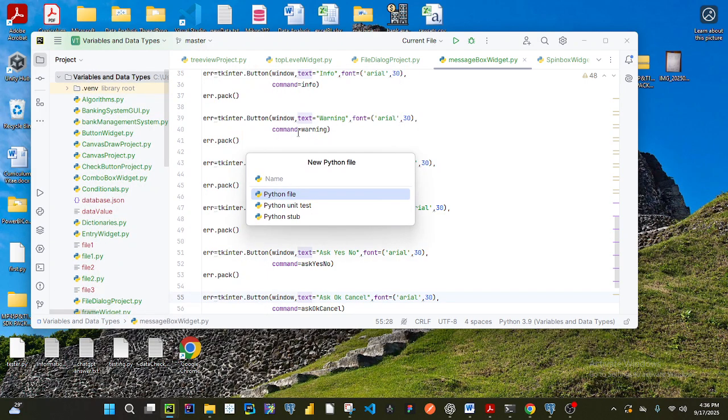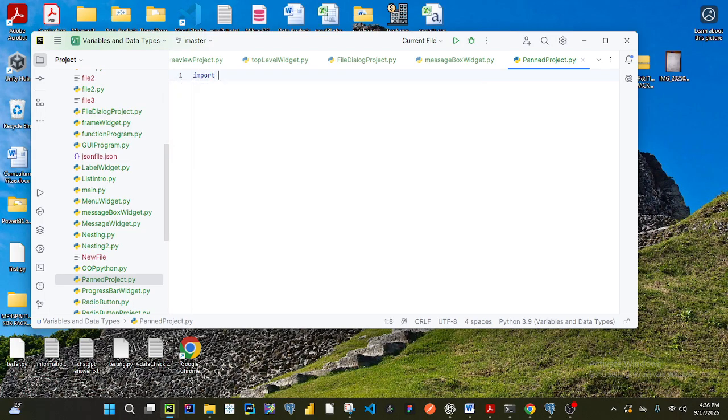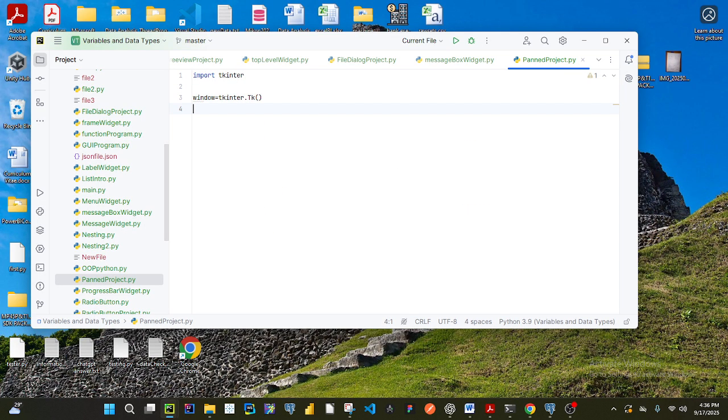Paned window. A paned window is a type of window that allows us to display our widgets using a particular orientation. You can either choose to display your widgets vertically, or you can choose to display them horizontally. So I'll just come here and say the paned project, and you want to import tkinter. You come here and create your window screen, you go to tkinter dot Tk, and you say